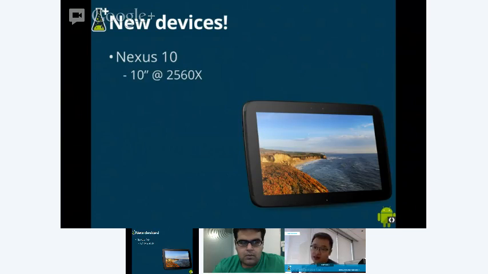We have also another new device, a 10-inch device with a super high resolution, 2560, and I'm sure you guys can read more about these two devices on the internet.